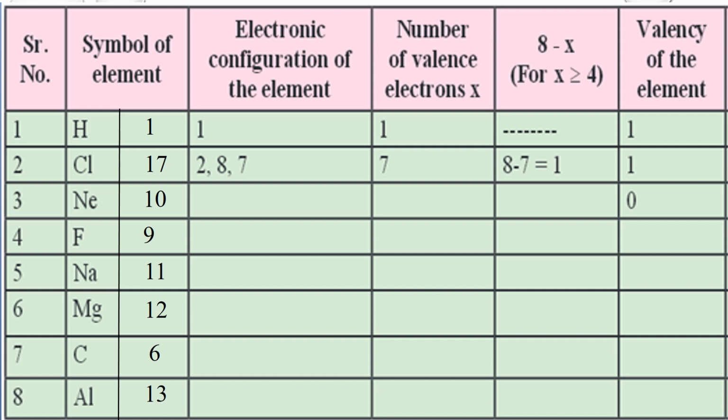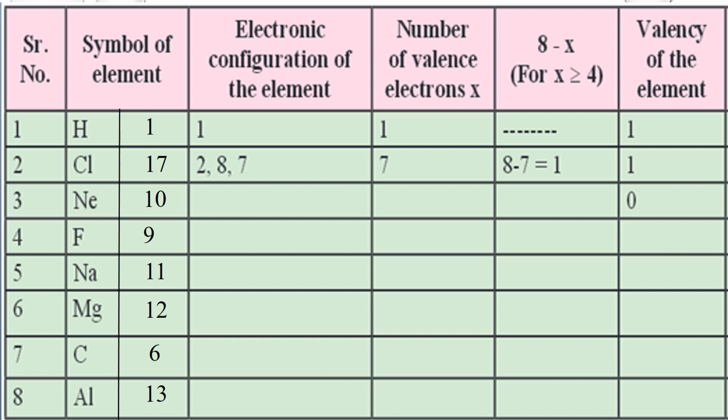Okay, I repeat, whenever the valence electron count is 4 or more than 4, you are going to follow the formula 8 minus x to find out what the valency of the element is going to be, and valency is the combining capacity of the element. Okay, now in this table they have already solved two examples, hydrogen and chlorine, but still we will just